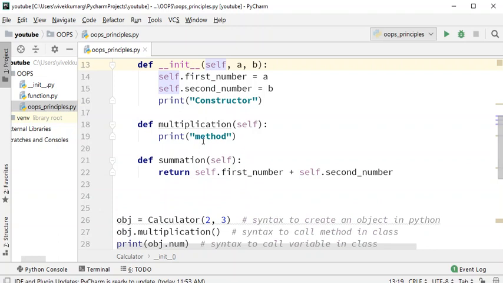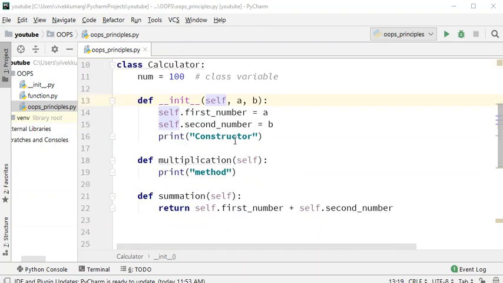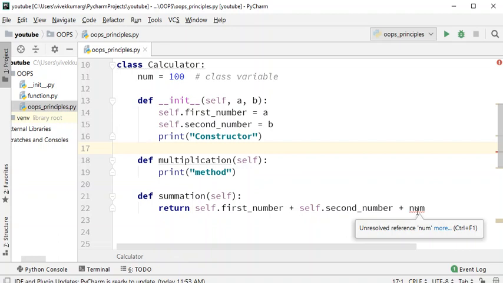Okay, also, it is not similar to that of the other languages. In other languages you need not say self dot; you can directly call the variable if it is declared inside the class, but that is not the story with Python. It is a little different. Okay guys, so if I say num, is it possible? You must be thinking it's independent of object, so I can call this class variable like this. No guys, you cannot. You can never call any variable with its name.